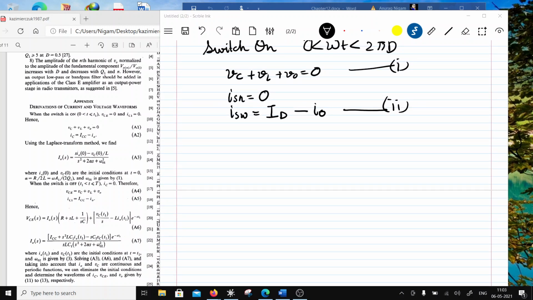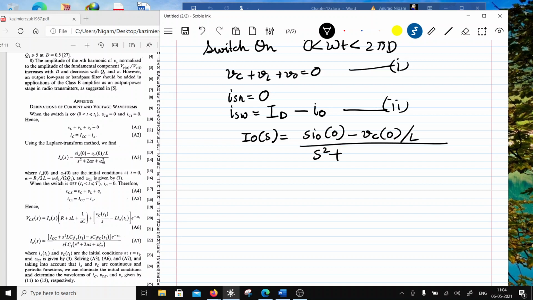If you consider sinusoidal and express this equation, then you can have IO(S) in the Laplace domain as S·IO(0), which is the initial condition at t equal to 0, minus VC(0) divided by L, divided by S square plus twice of,